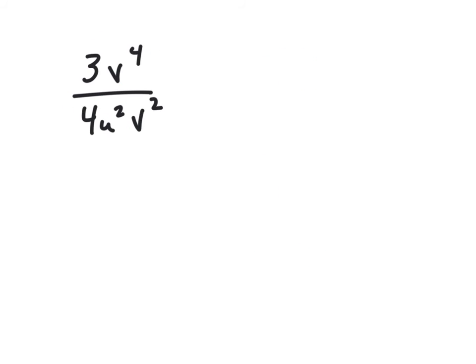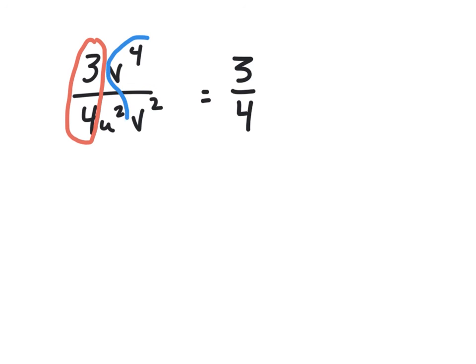Last but not least, here's one more example where we've thrown coefficients into the mix. As I mentioned, the first thing we'll do is we'll divide 3 by 4, except they don't divide, right? They do divide, but we get a decimal, so we're not going to mess with a decimal. So if there's a fraction there and you can't divide the two numbers, just leave it as an improper fraction. Or actually, this isn't improper. Just leave it as a fraction that's reduced. How's that? Next thing you'll notice, we have v to the 4th